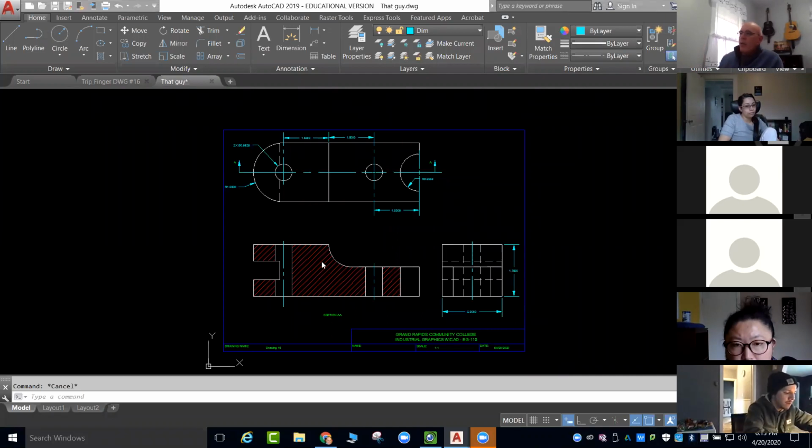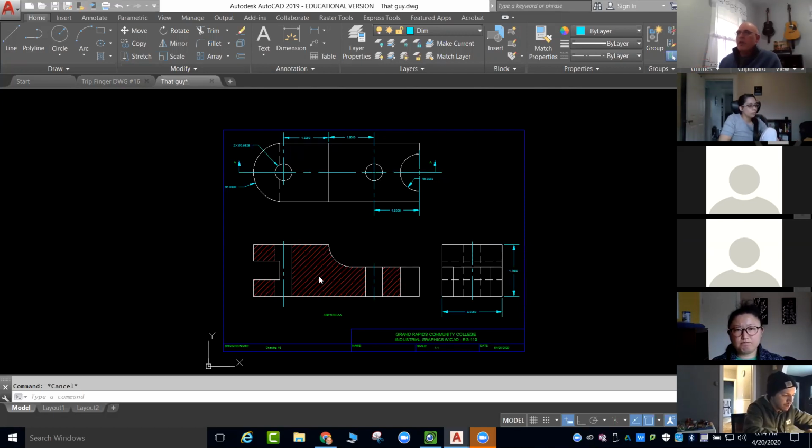Is that we have to have the cross-section lines in a cross-section. Remember, the whole purpose of these lines is representing that's where the part is solid. So if you're going to show me a cross-section and the cross-section doesn't have any hatching, then how do I know I'm cutting through material? Again, remember I used that example of cutting a stick of butter in half with a butter knife. If you look at the edge, you can see the little wavy lines where the edges of the butter knife